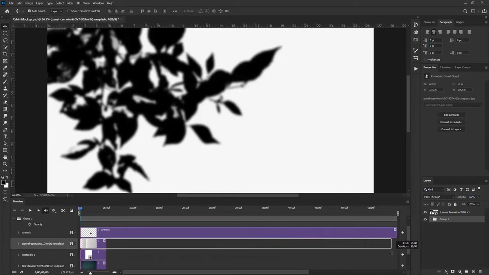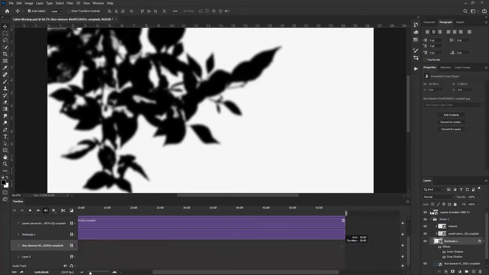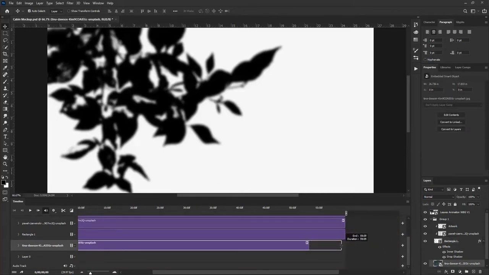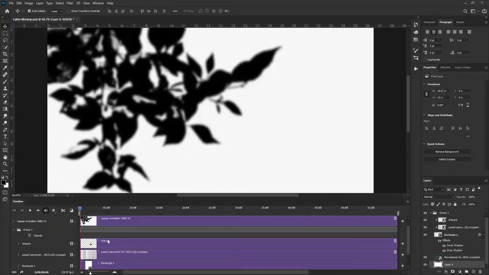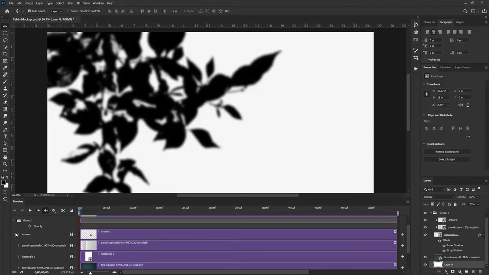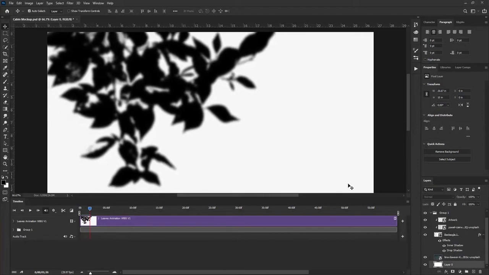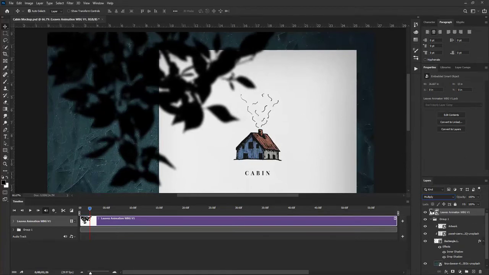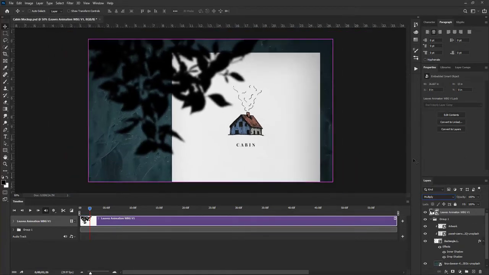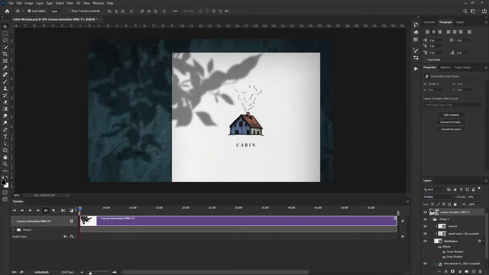Alright, we would just want to drag all these out to the same length as our image up here. Just drag them all out so they're the same length. Once they're all the same length, check that. We can close that. We've got our animation, it's running, and all we do with this layer is go and make it a multiply. And you can see if I zoom out a bit up here, it's just put it over top and multiply that. I'm just going to drop the opacity. And now what we can do